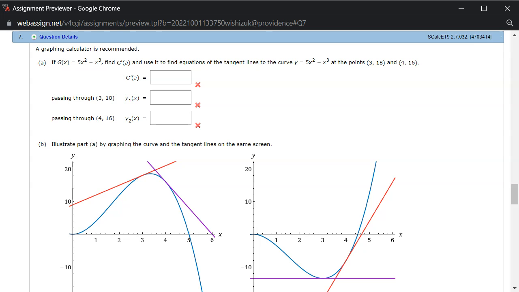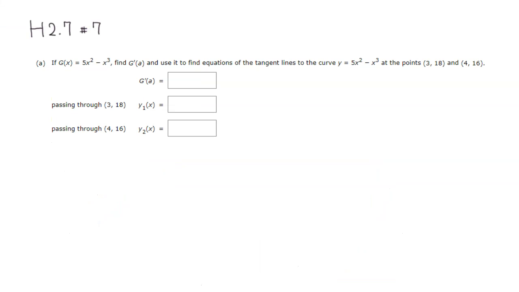All right, let's look at homework 2.7, problem number 7. We have capital G of x, which is a cubic function, and we want to first find capital G prime of a. So let's do that. Capital G prime of a is going to be a limit